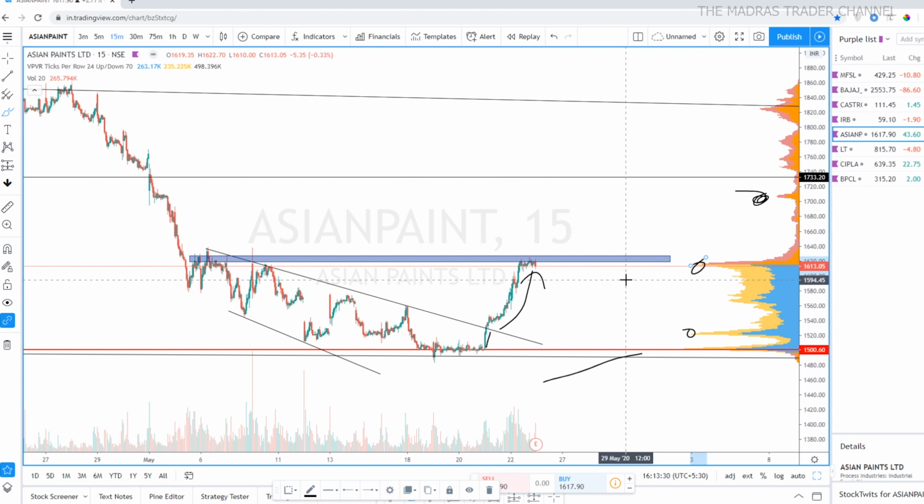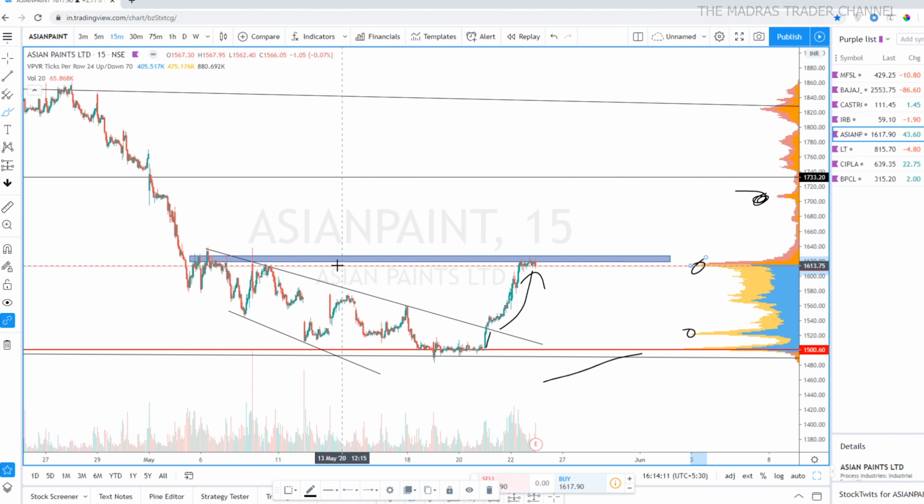So the high value nodes are basically like magnets. It moves away from one node to another node. You may ask me, what about low value node? It does have some significance, but not as effective as the high value nodes. Yes, you have to combine both the price action patterns and volume profile. You cannot just say, okay, the high value node is here, I'm going to short it. No, it doesn't work like that. You have to combine price action and the volume profile, and when the two are joined, it gives you really good trades.